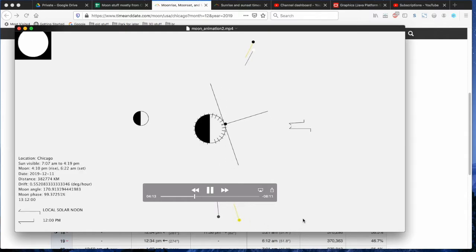So here we can see moonrise, sunset. And then as we get closer to, whoops, I have to pause this because it just kind of stuttered a little bit. So right about here, the moon angle according to this line, which is relative to